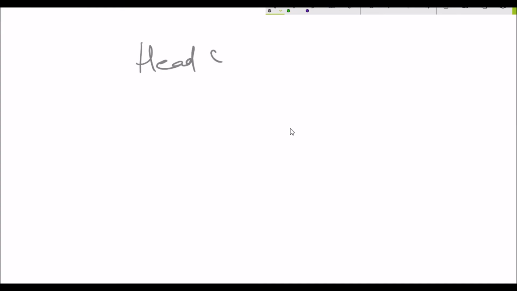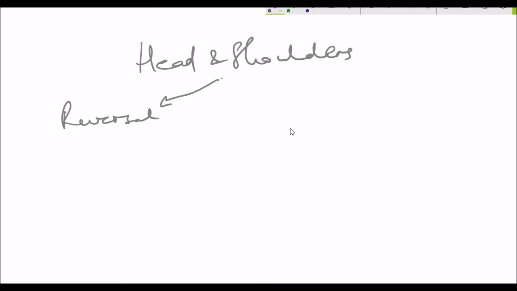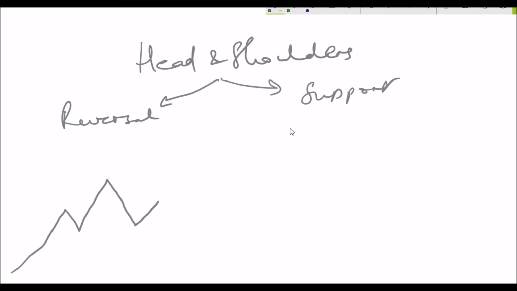So let's look at one of the most popular patterns in technical analysis, the head and shoulders pattern. The head and shoulders pattern could work either as a reversal pattern or a continuation one. We will look at both. We will discuss the head and shoulders reversal pattern for a rally first, as opposed to the inverse head and